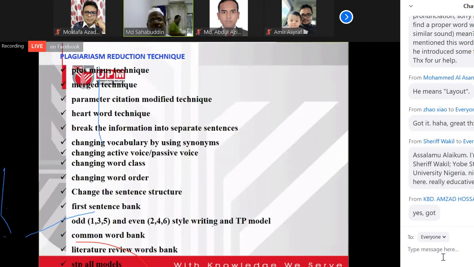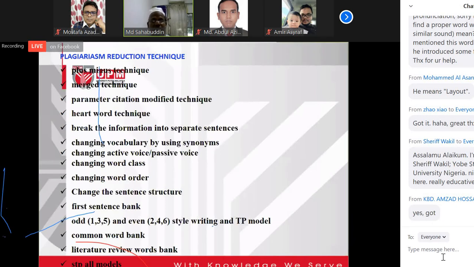So these are some basic points. Previously we already discussed different styles you can use to reduce your plagiarism. Changing word order means you can change active to passive, passive to active. Changing sentence structure means you break the sentence structure, maybe from a complex sentence to a simple sentence.